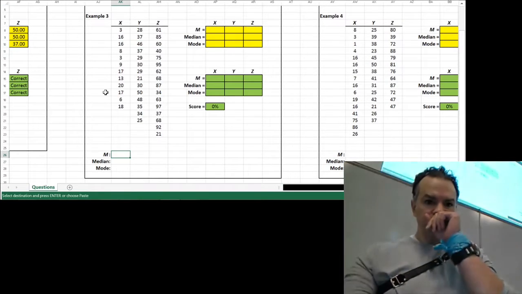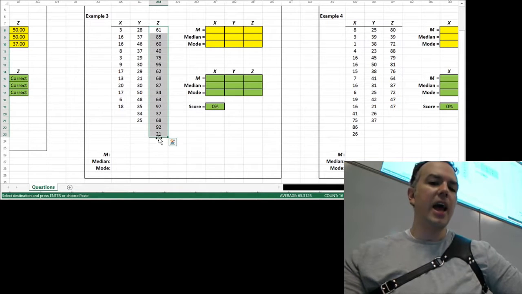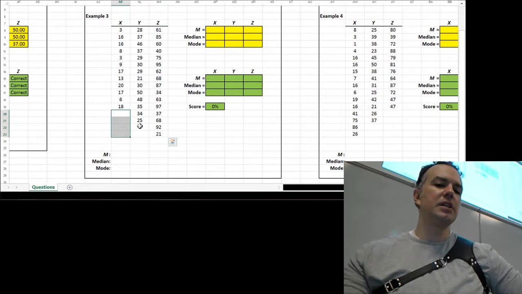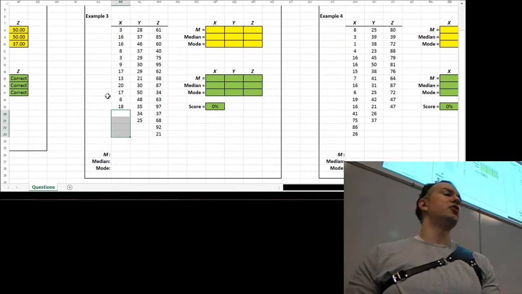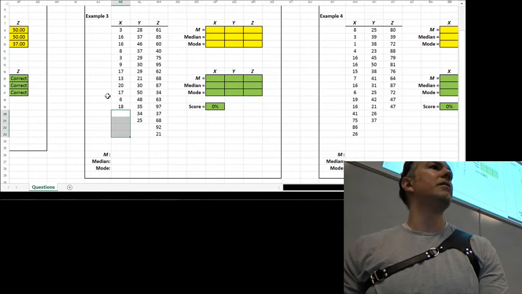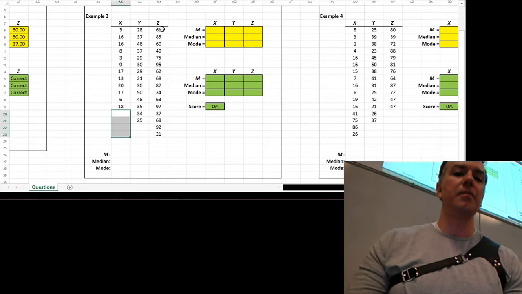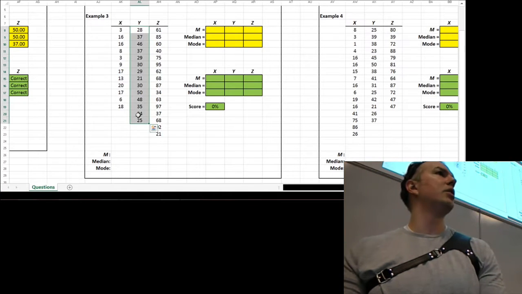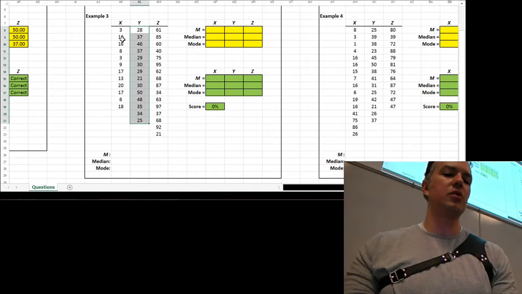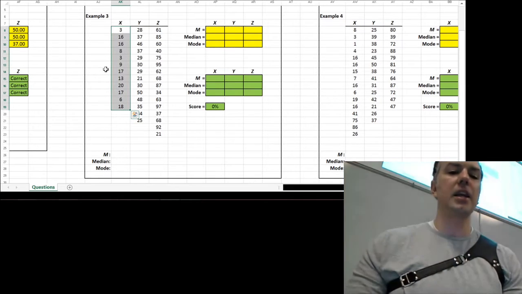All right, so here we have a set of X scores. Once again, we got another set of Y scores. Once again, we have another set of Z scores. And we see that we have some missing data. So this occasionally happens in psychology experiments. It's not uncommon that you have subjects that drop out at various stages of the experiment, and you just can't replace them. So we were able to measure everybody in terms of the Z variable, but then 2 subjects dropped out and they weren't included in the Y variable, and then 2 more subjects dropped out and they weren't included in the X variable. Well, we have all this data and we want to calculate out the mean, the median,